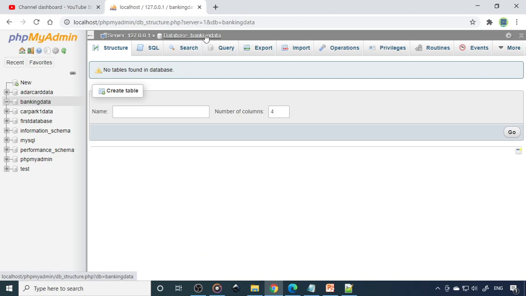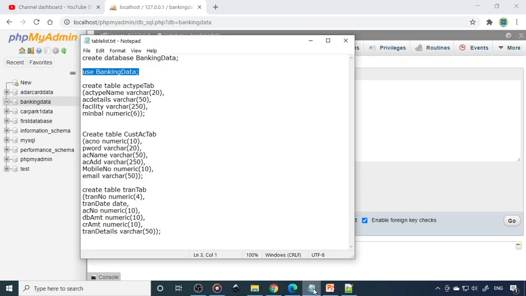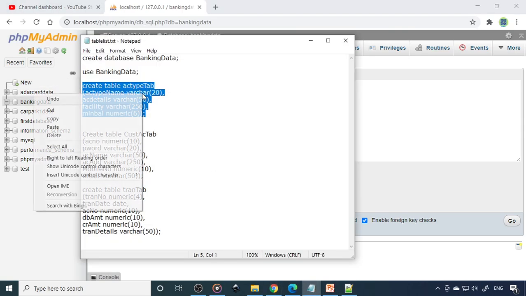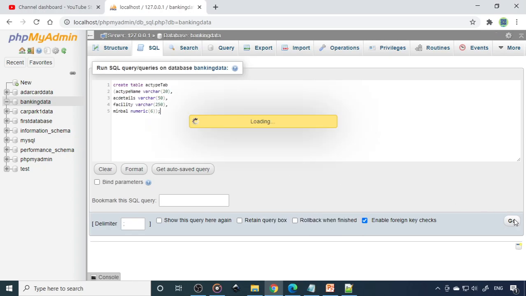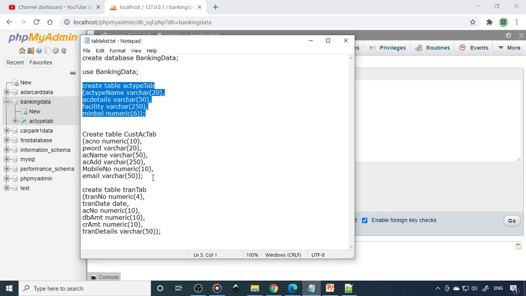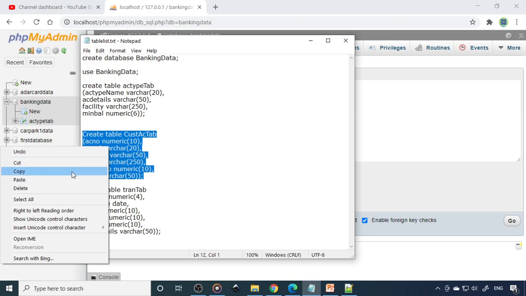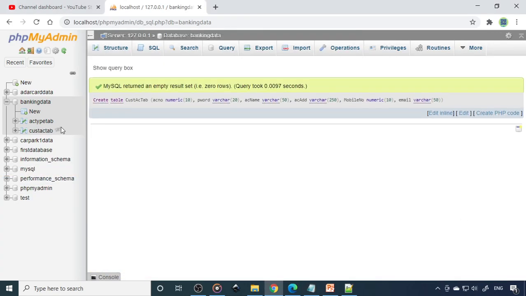Okay, so here you can see that now the banking database is selected. So we are working with the banking database. So now whatever tables you create, that is all created in the banking database. So we can create this, copy, paste, and then you have to click go. So it's created. Again SQL. There is an option called import, that I will show you later. Copy this, paste here, and then click go. So see that the tables are created here correspondingly.